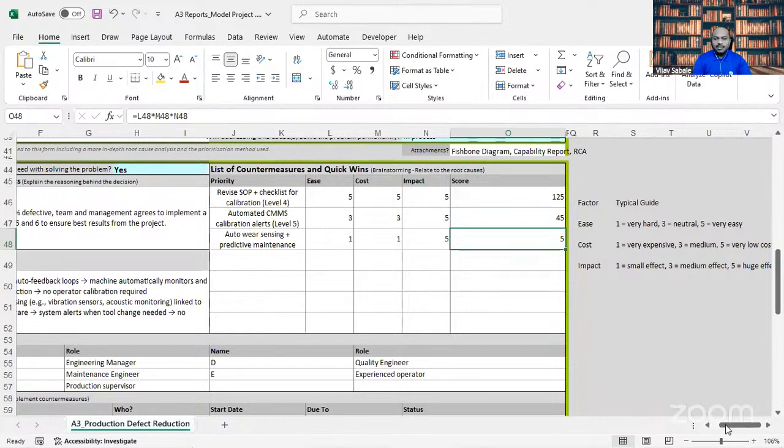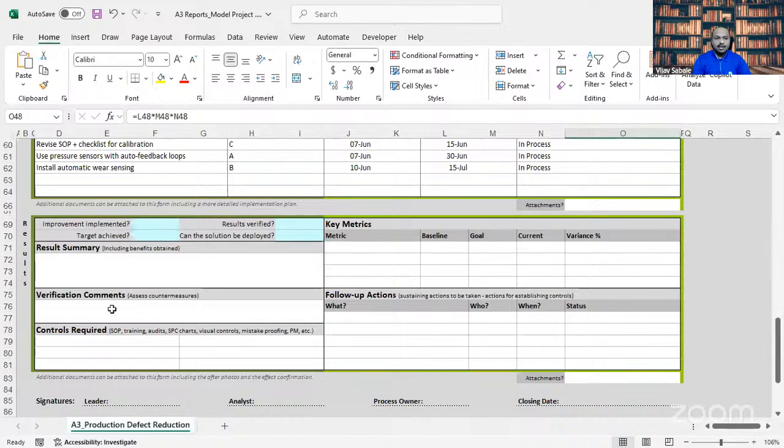Now, after that, we need to create the plan. Right? So who are the team members, I will discuss that next week, because implementation and validation we are going to discuss next week. And after that, what the results are and how we are going to capture them, I will explain once we move to the next challenge. Is it clear? This is the portion that we need to complete for your A3 as well. We need to complete the countermeasure section till the identification of the countermeasures and identifying the priority score for them.